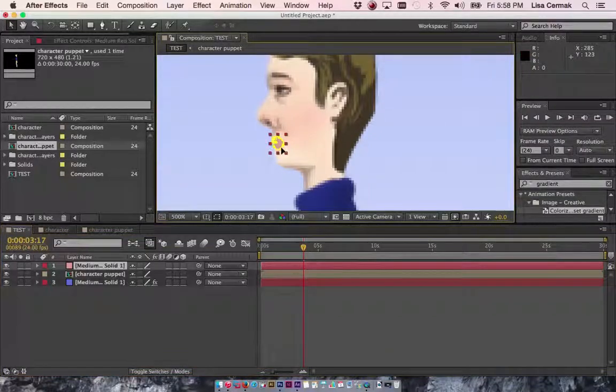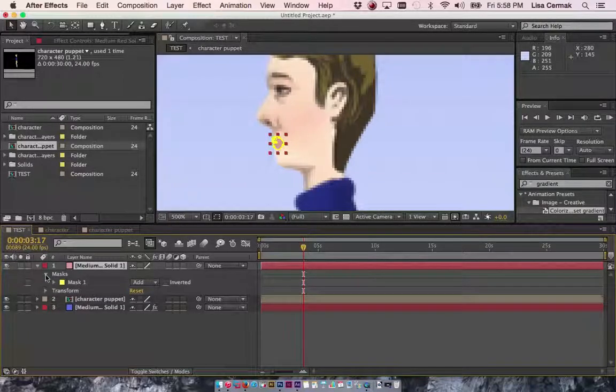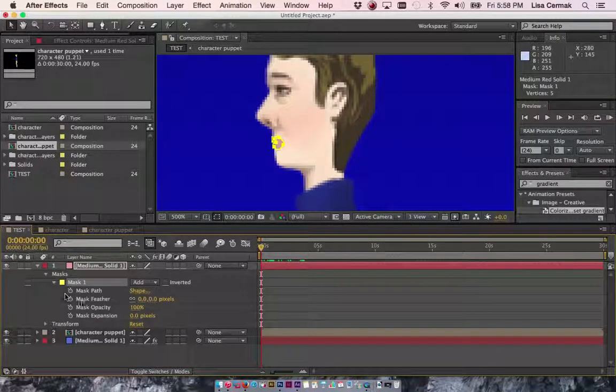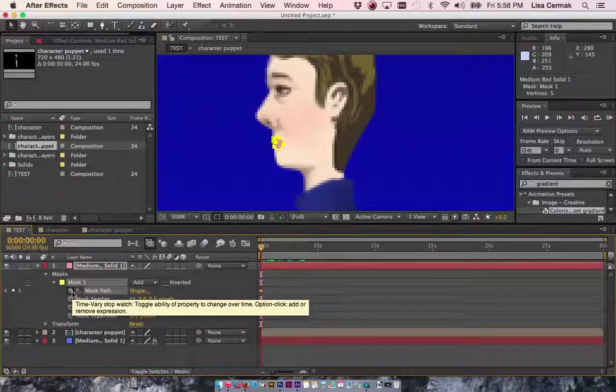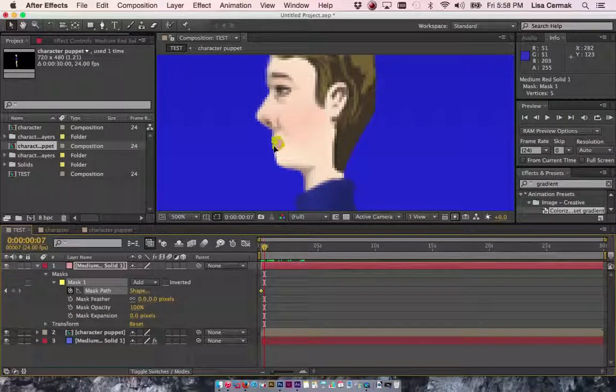Now if you want to get him to animate, you just need to animate the mask. So if I click down on here and go under mask and click on his mask, the mask path is what I want to actually animate. And so I can keyframe it so that now,